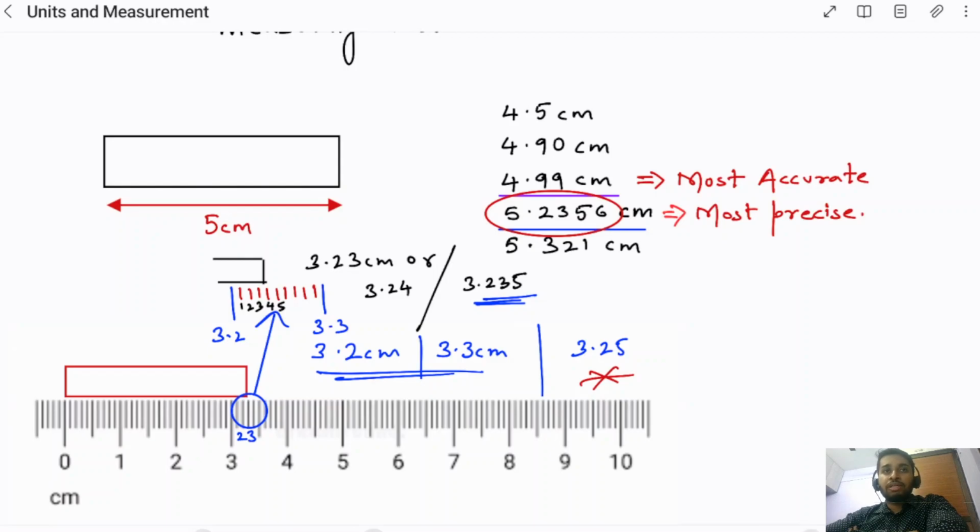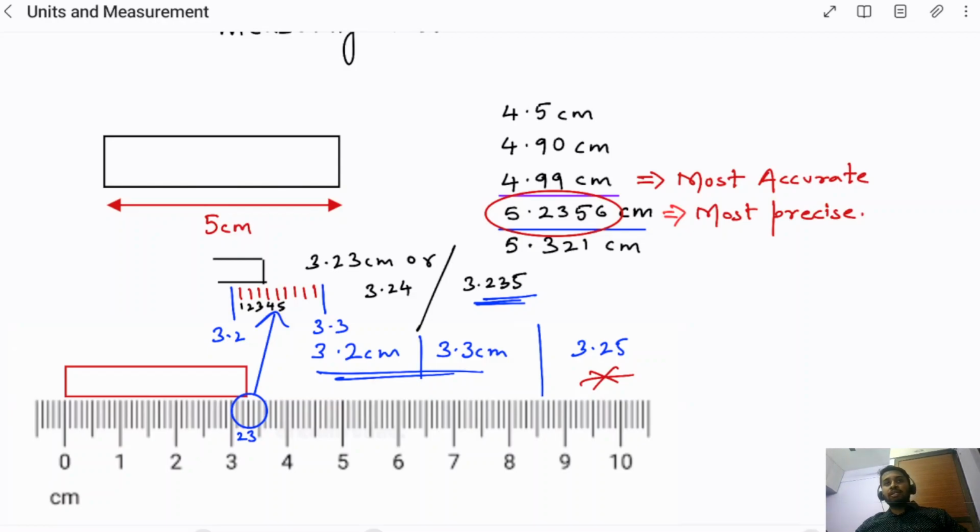Okay, now it is not always necessary that the most accurate measurement and the most precise measurement have to be different. They can be the same also. If the person taking the measurement has the right kind of instrument, and is following the right set of instructions, and knows how to take the measurement properly, then he or she can also give the most accurate measurement. Fine. So the main difference between accuracy and precision is,